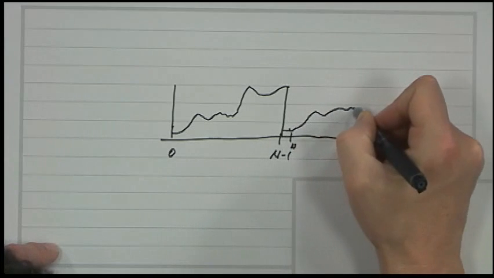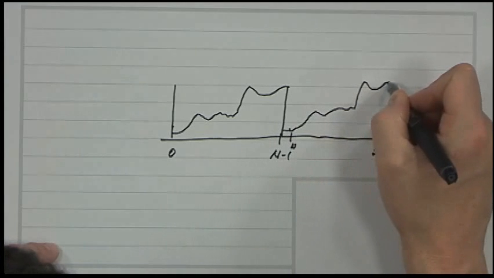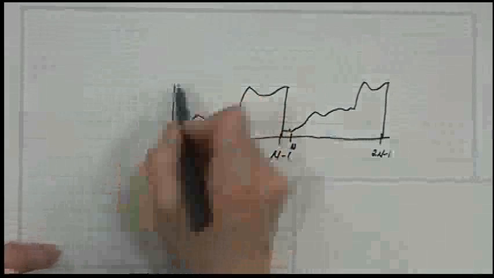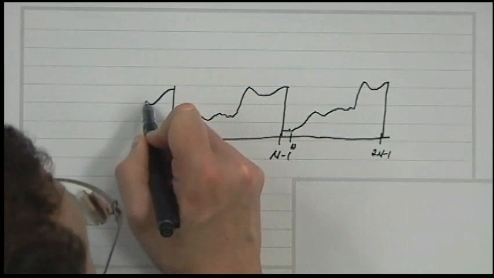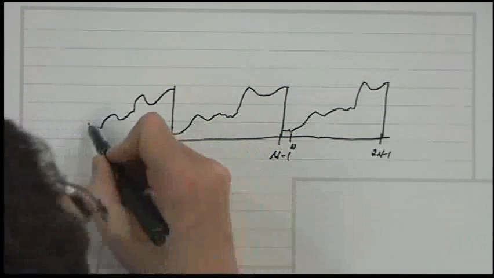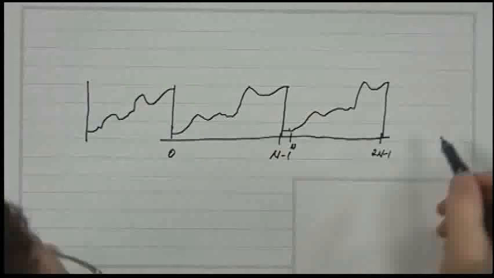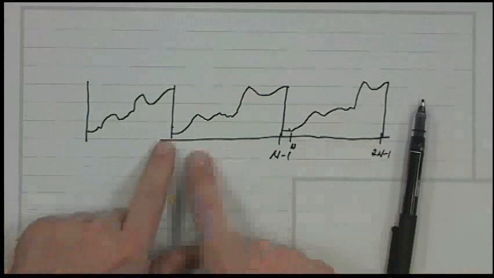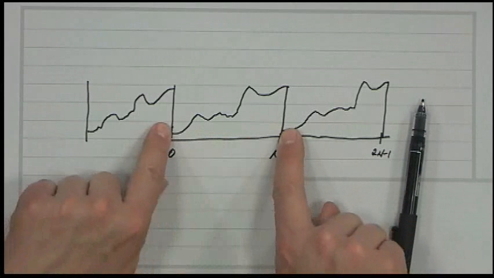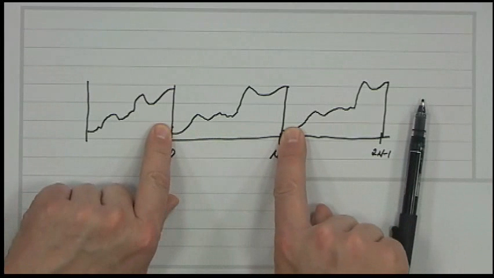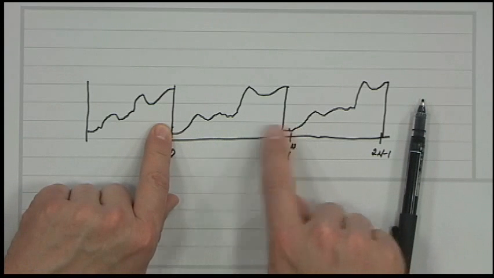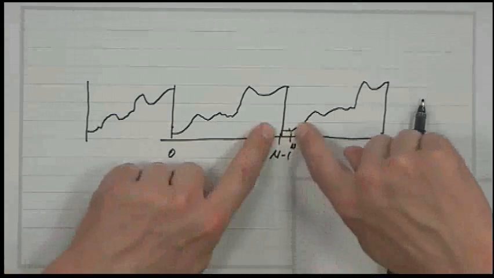I'm going to try to reproduce this. And then equivalently, this is like this. I'm not doing a very good job of drawing it, but, you know. So this signal has lots of edges in it, because the DFT is assuming that the signal is periodic with period n. But this signal is not periodic with period n, not really. So when I go from n back to n minus 1, it's like,